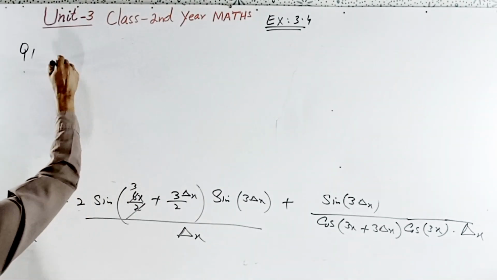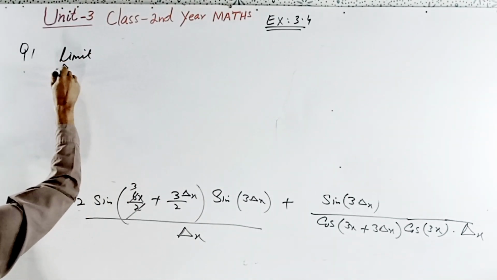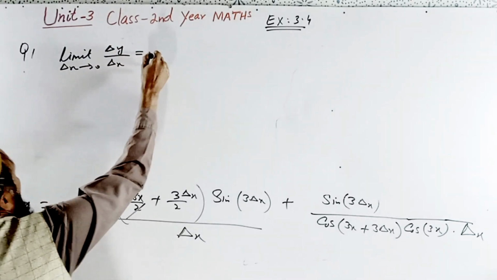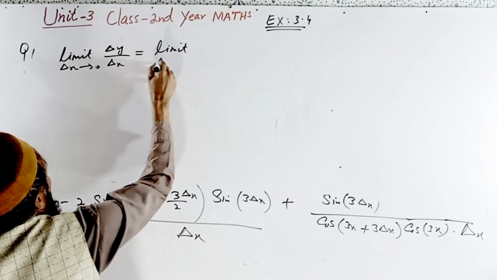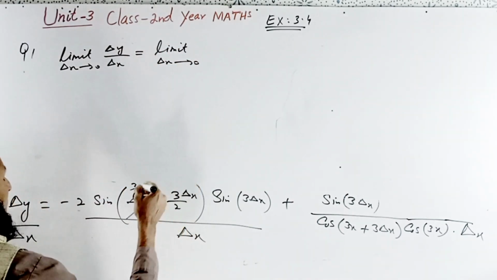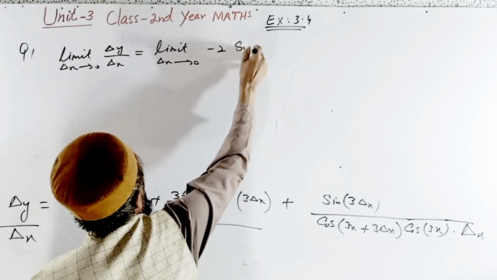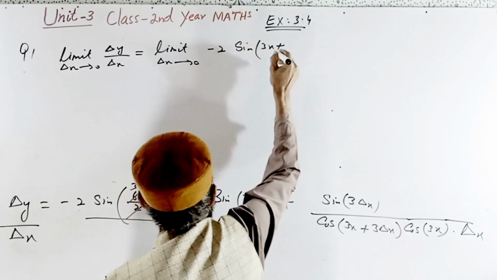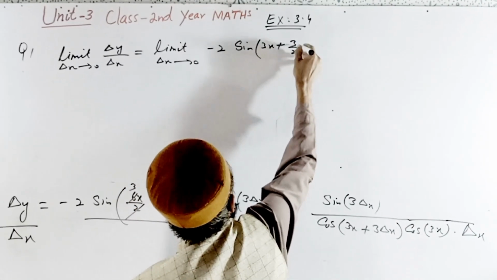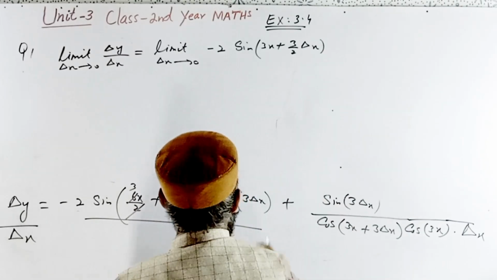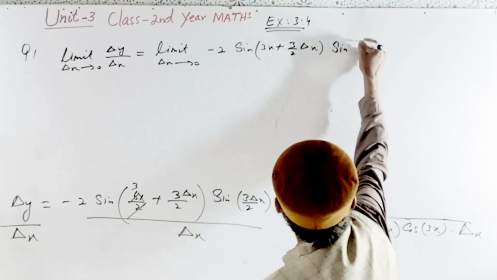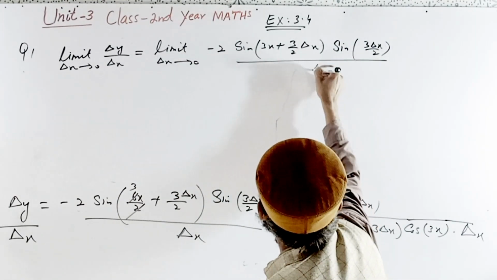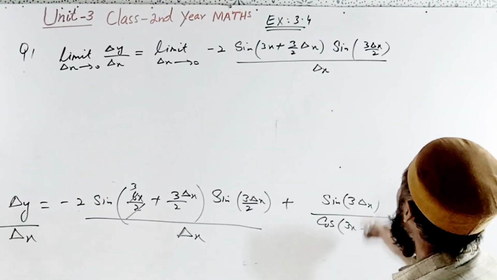Now applying the limits, limit delta x tends to 0, delta y divided by delta x is equal to limit delta x tends to 0 of minus 2 sine 3x plus 3 by 2 delta x and sine 3 delta x divided by 2, divided by delta x, plus